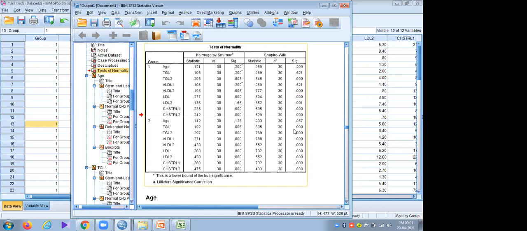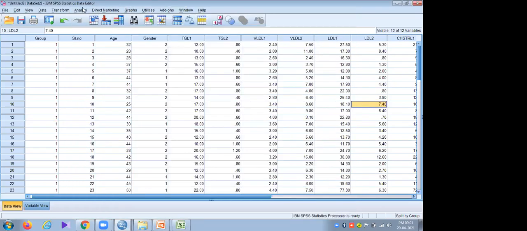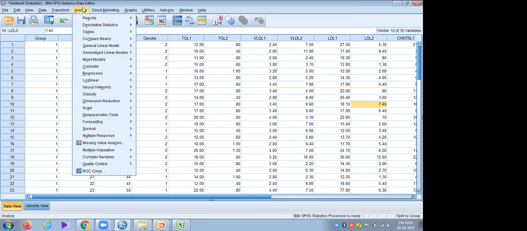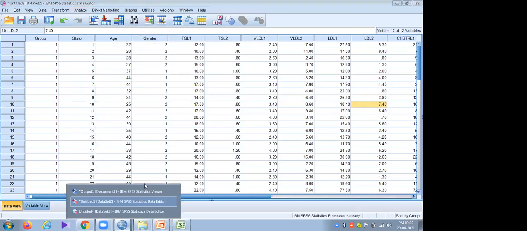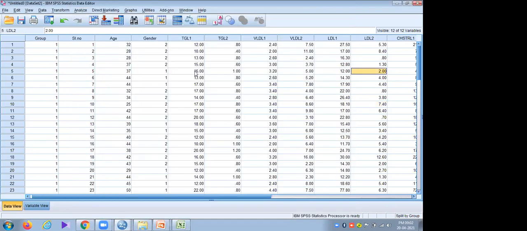So based on this only, we are doing the independent t-test analysis. So which data do we need to use for the analysis? For the comparison of means, which data do we need to use? So age and the variables we got as normal: TGL1, VLDL1, also LDL2. For all those variables, we can use the independent t-test for the comparison.